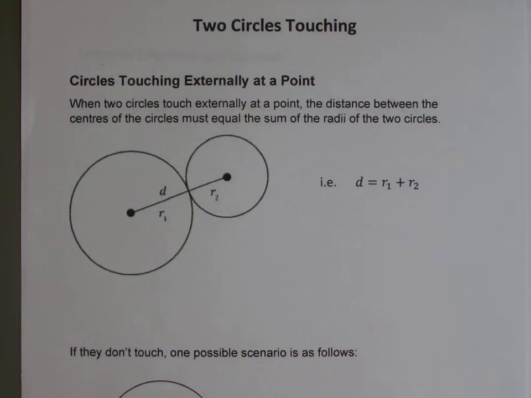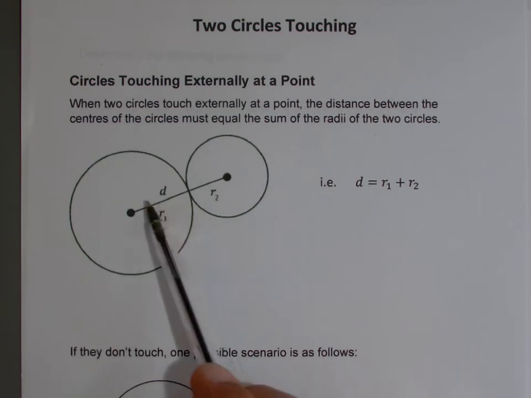Okay, so we need to consider the situation where two circles touch. One situation is where they touch externally. In other words, the two circles will occupy their own space, but they will touch at one point, and we can show that they touch if we simply compare the